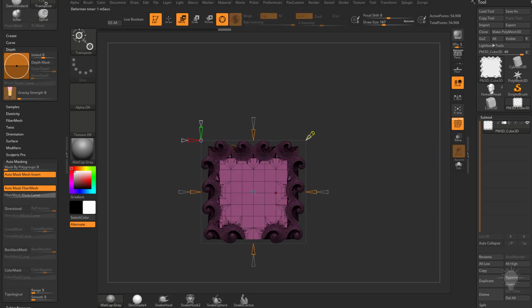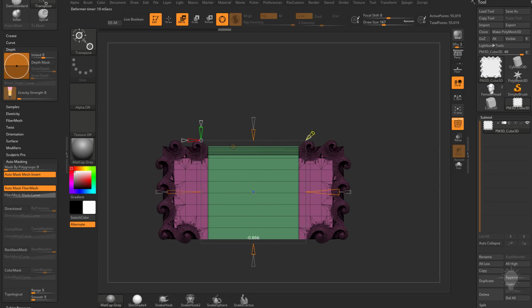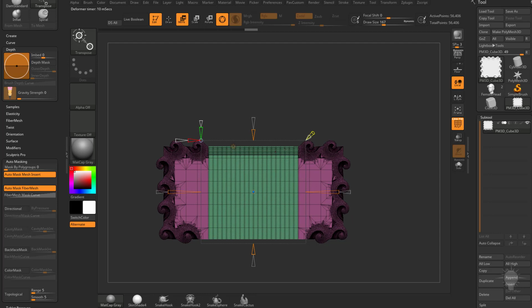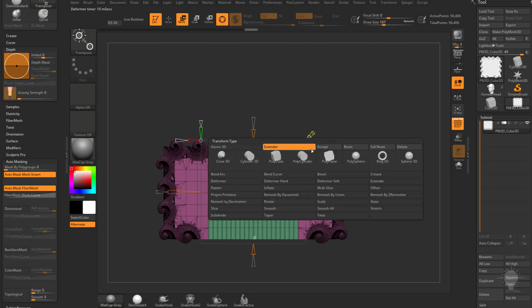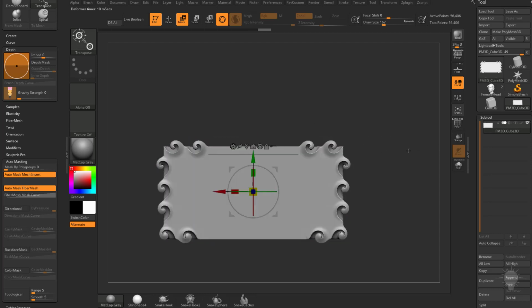Let's go ahead and do an extender, and we'll do an extender this way. And then over here on this X resolution, we'll go ahead and add some resolution so we have more verts to kind of grab onto. We'll go ahead and say accept, go out of polyframe mode,